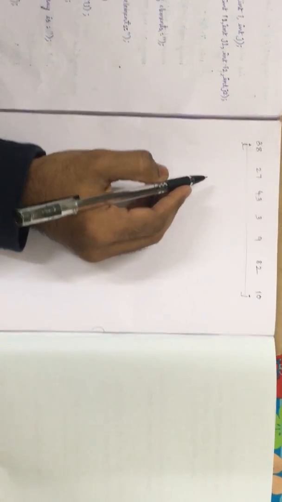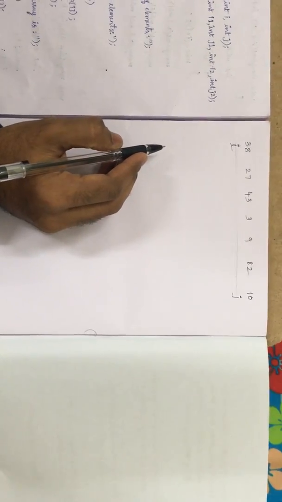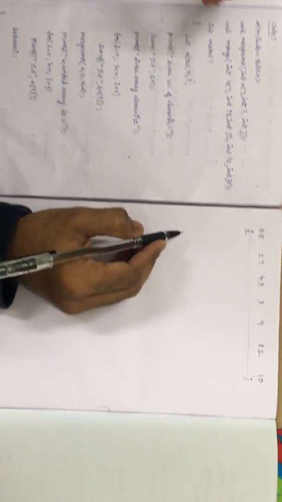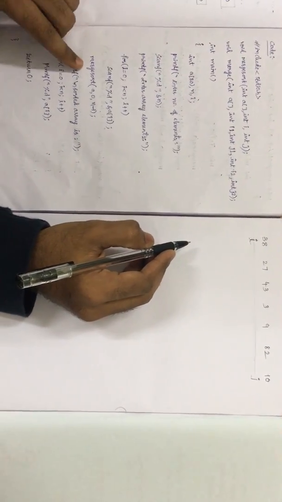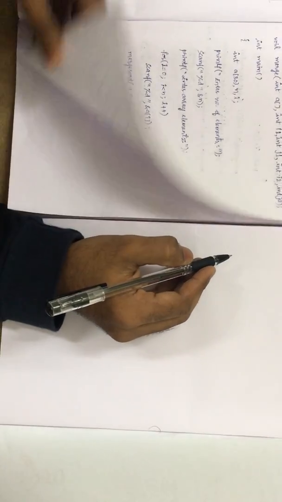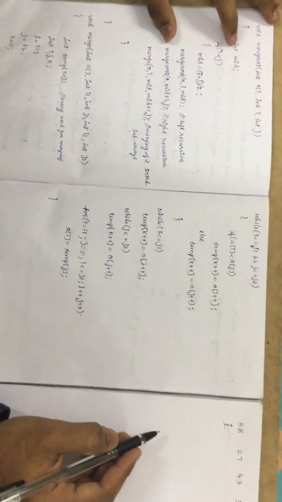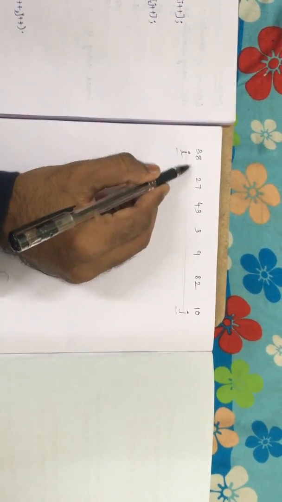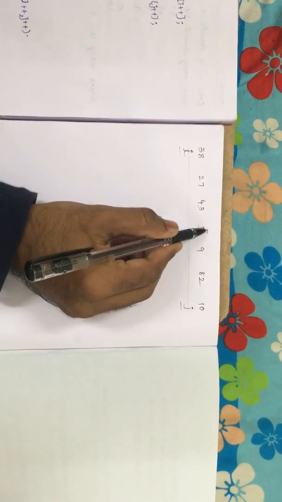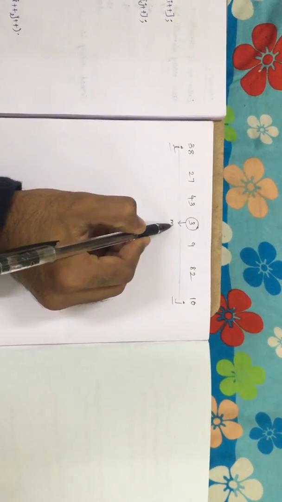Looking at the code, we are first taking our elements, reading them, and then calling the function merge sort. In merge sort, firstly we are taking the mid. If I is less than j, then only it enters the if condition. So we are taking out the mid here, that is I plus j by 2. So we are getting mid as 3 here. This is mid. Next we are calling the merge sort